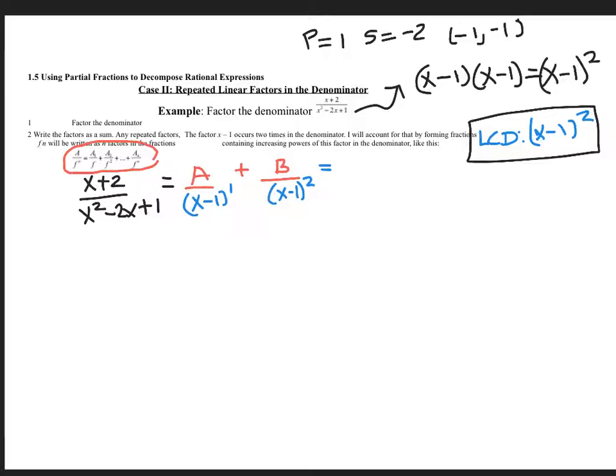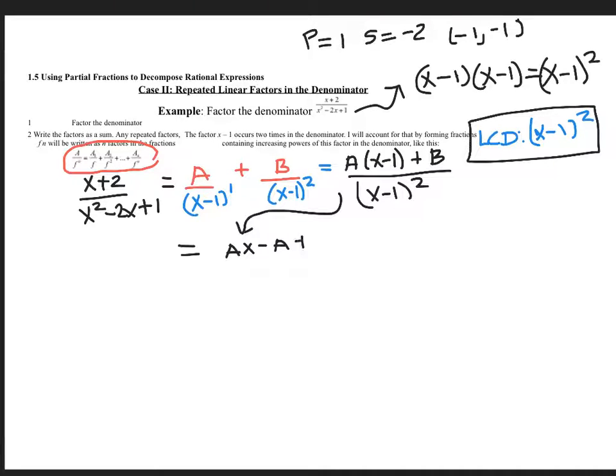So I'll do that at the bottom and on top, but I'm just going to do it on the top. Here I'm just going to write x minus 1 squared. When I do the top, this is going to be a times x minus 1. That needs x minus 1 in the denominator, but whatever you do in the denominator, you also do on top. And then plus b stays the same. So that's what I have. I'm now going to simplify what I have right here. I'm going to distribute. So I have ax minus a plus b,